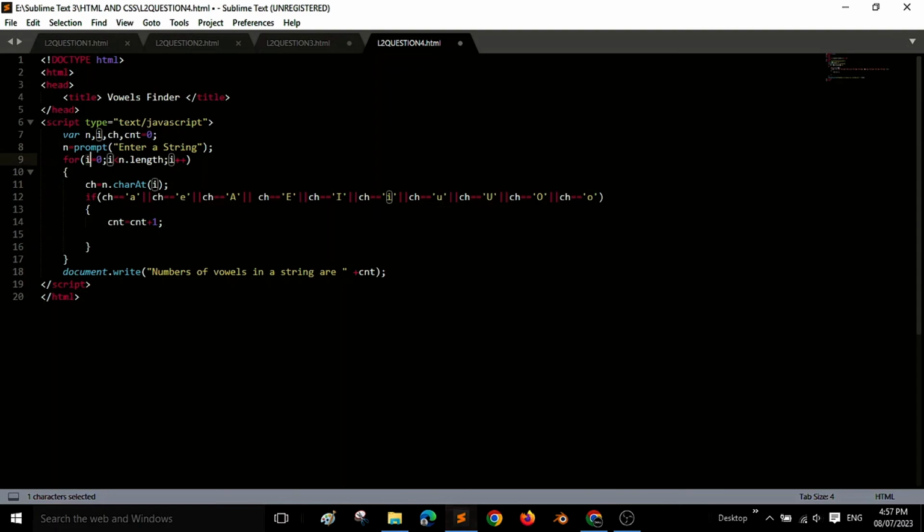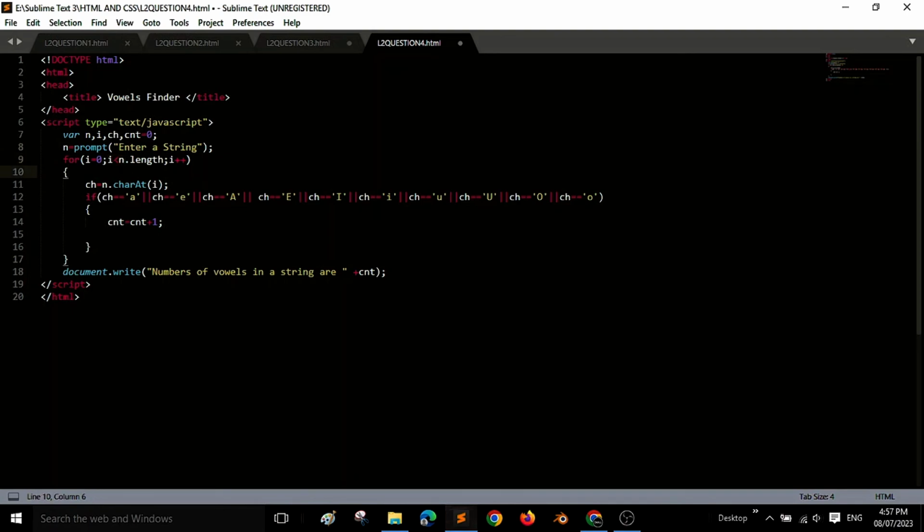Then comes the n. You can see here n.length. As the name suggests, n is purely used to determine the length of the string, or simply n indicates the total number of characters in the string. Okay, so the loop starts when i is 0. You can see here i is equals to 0. The loop starts from there and it continues until i is less than n.